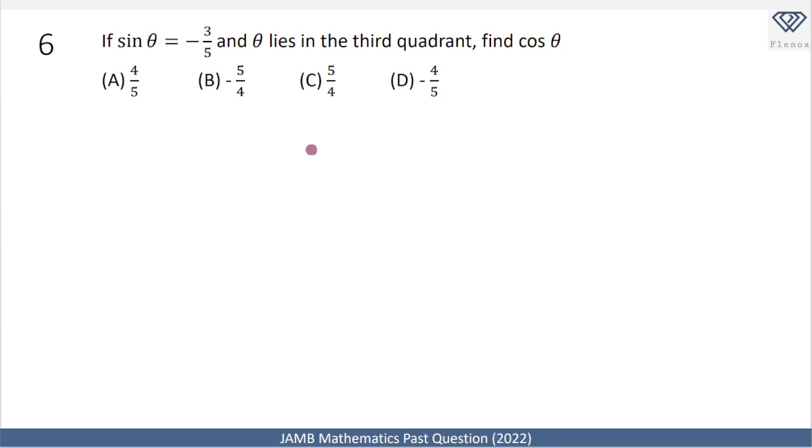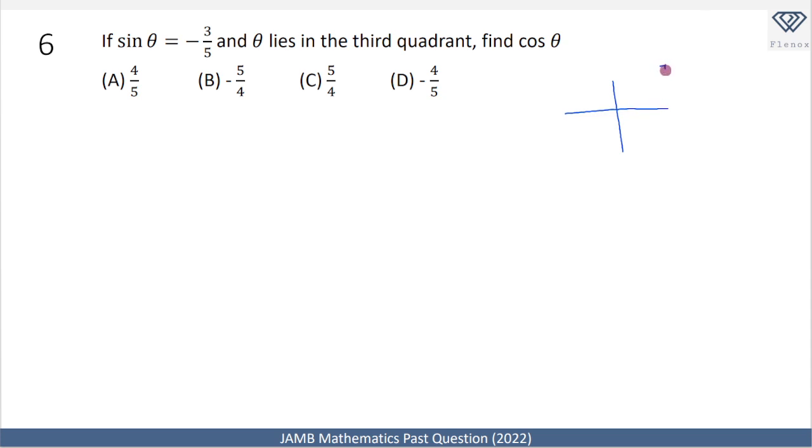It says that if sine theta is equal to minus 3 over 5 and theta lies in the third quadrant, find cos theta. Now this is a pretty straightforward trigonometric question, but it needs you to have a good understanding of your 4 quadrants. So now if I draw the four quadrants from our trigonometry, if you remember,